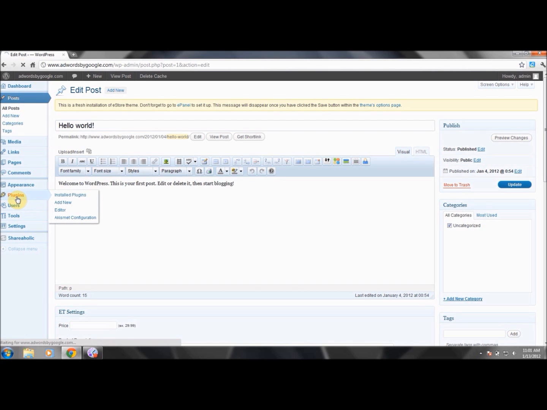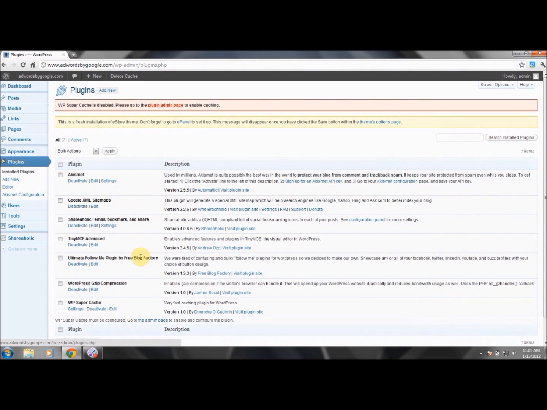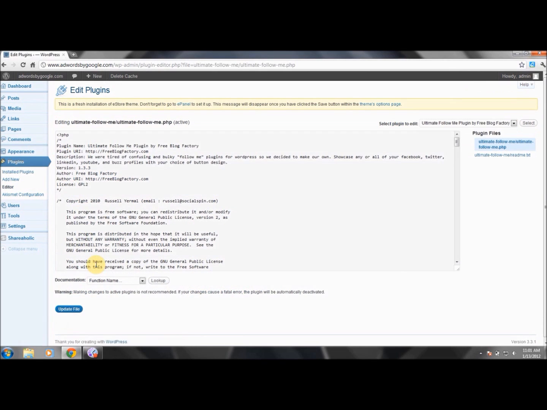Now that we have gotten the Tiny MCE editor set up, we will go here and we will hit edit. And when we're right before we're done with this plugin part of WordPress setup, we'll go back and then we will activate these things. But there's one of these that you don't want to activate until your website is actually set up. So what we're doing now is we are going to go into the edit function, and we are going to